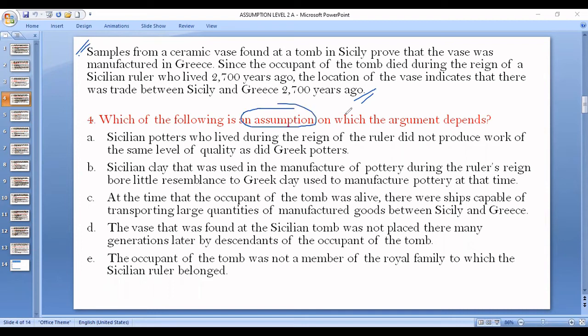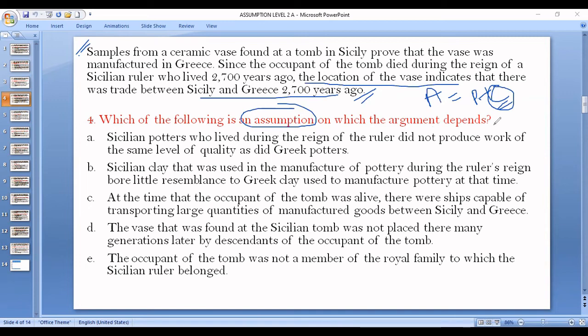Assumption. What should be the approach for assumption? First of all, find out the argument. An argument includes a premise and a conclusion. What should be our job? First, we should identify the argument, and after that the conclusion, then we should find out the keywords of the conclusion. It says the location of the vase indicates that there was trade between Sicily and Greece 2700